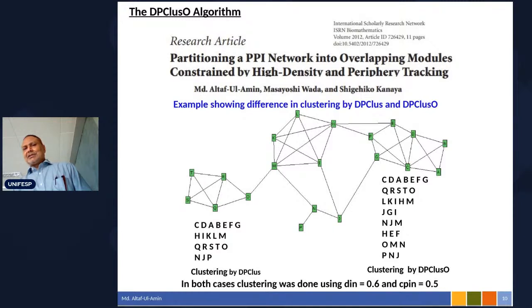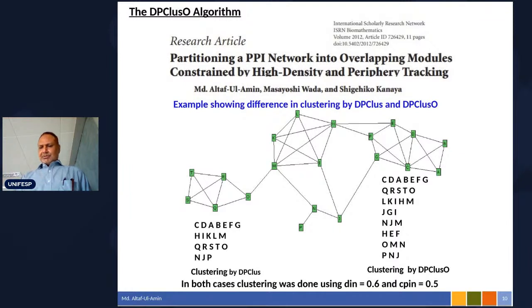And maybe in the cell, these three proteins also work as a unit. So it is necessary to find out such clusters also. But DPClus itself is also very efficient. The 4 major clusters in this graph could be easily identified by DPClus, as it is shown here. Anyway,